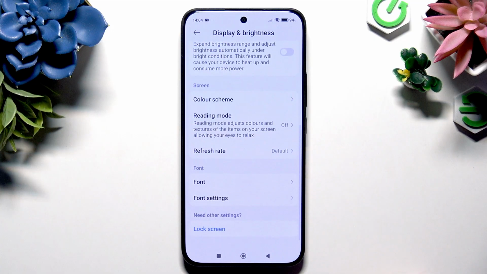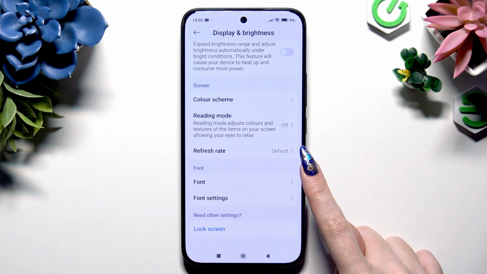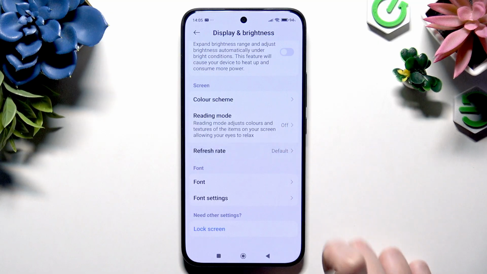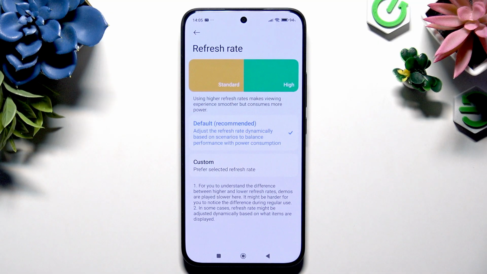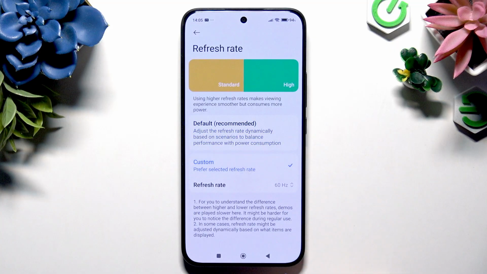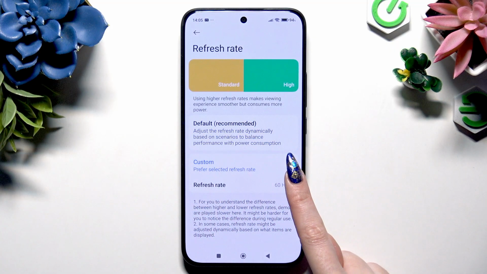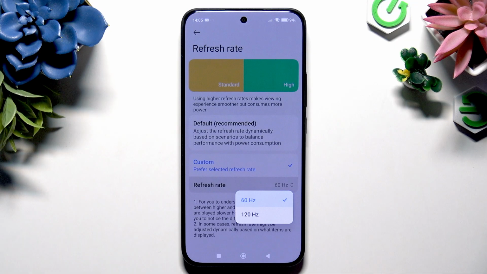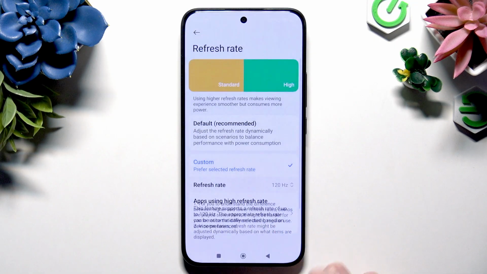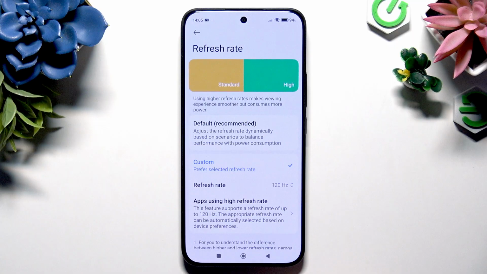Then scroll all the way down to click on refresh rate and tap on any of those, default or custom. If you decided to select custom, click on refresh rate below it and pick one of those options from the pop-up. If you decided to go with the highest one possible, you will see this option called apps using high